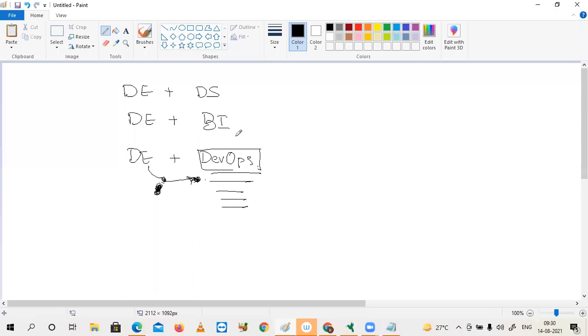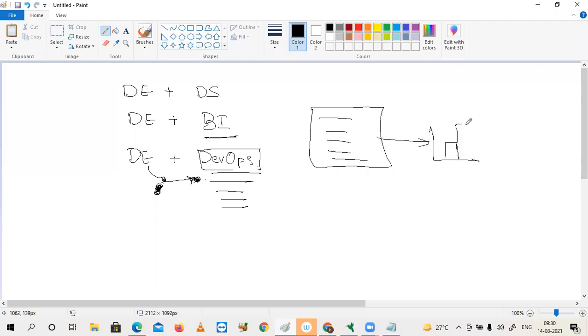Data is business. For business decision making, you need to provision data into the warehouse, and BI people will take that. To run machine learning based applications, to build machine learning models, deep learning models, NLP based applications, or artificial intelligence like reinforcement learning based applications, you provide your data to them.